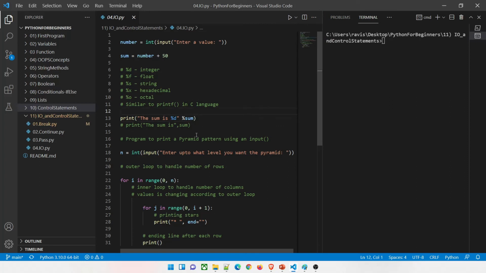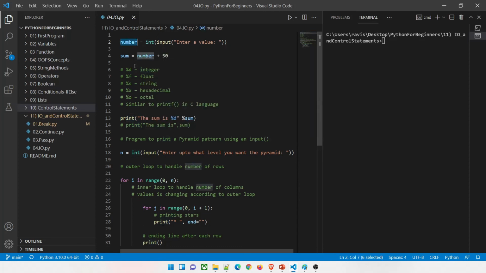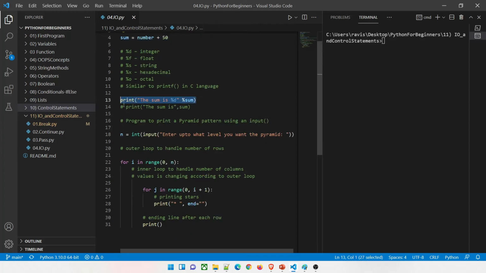Okay. So what we are going to do, we are going to use the input function, and this is the function how we take input from a user. Who exactly is the user? When you run this program, we are the users. So this input will print a value, enter a value, and then whatever you enter from the console, it will take this value and in type, if you hover over it, it will explain the stuff. It will put that in number. I'm going to add that number to 50. For example, I enter 4, it will print 54. Now it will come over here and it will print that.